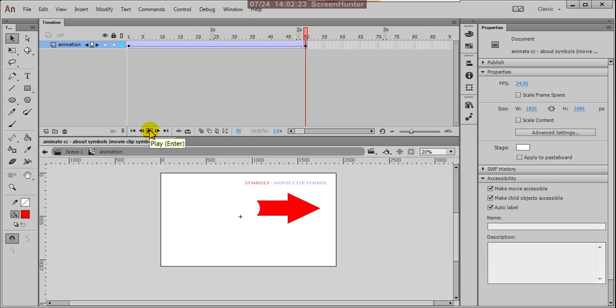Actually what you created first was a box, but you edited that box in the symbol editing mode and converted it into an arrow. Any modifications you want, you can add as many things as you like.